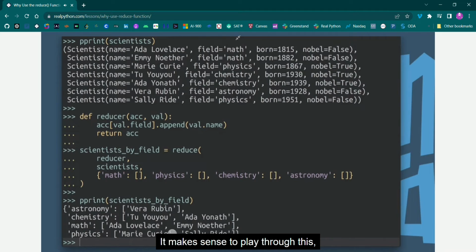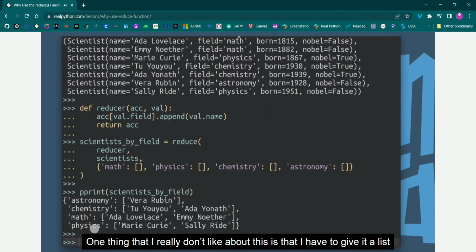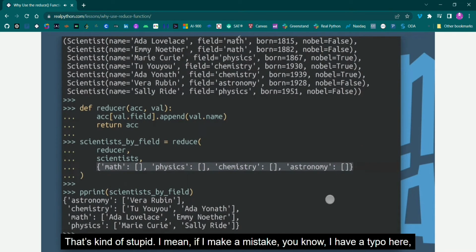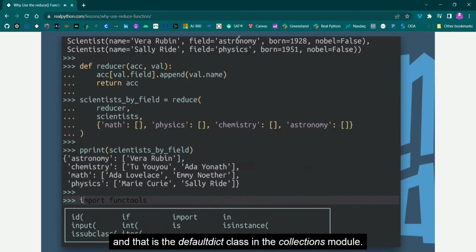And it makes sense to play through this maybe even on a piece of paper, or certainly here in the Python REPL. One thing that I really don't like about this is that I have to give it a list of categories up front that then gets populated. That's kind of stupid. And if I make a mistake, I have a typo here, then it's just all going to blow up. But there is a better way to do it, and that is the defaultdict class in